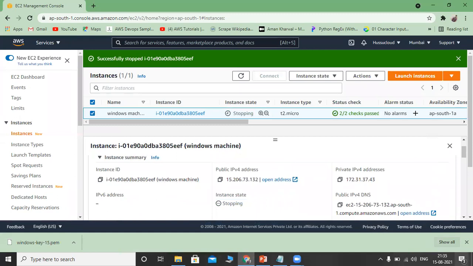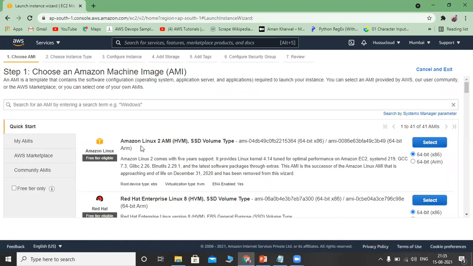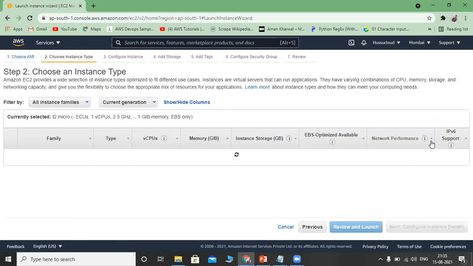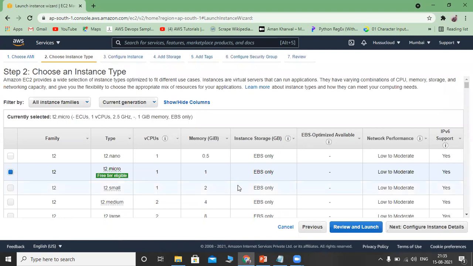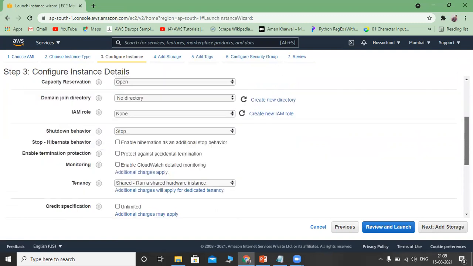So go to EC2 dashboard. This is the EC2 dashboard. So instances, I'm already in EC2 dashboard, launch instance. So this time I will select Amazon Linux AMI. AMI stands for Amazon Machine Image. You can find here itself. So Linux machine. First step is selecting an operating system. I'm selecting Linux operating system. And then as usual, as it is a free tier account, T2 Micro. Next, I want only one instance, and networks things, everything I will keep as a default.